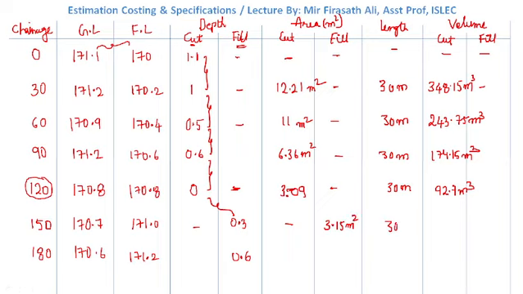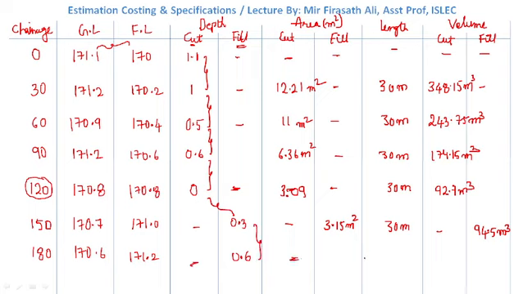On multiplying with 30 meters, we will get around 94.5. How much is it? 94.5 in the filling volume. In filling volume. Okay. The next, at station 180, again we need to take the average depth of 0.3 and